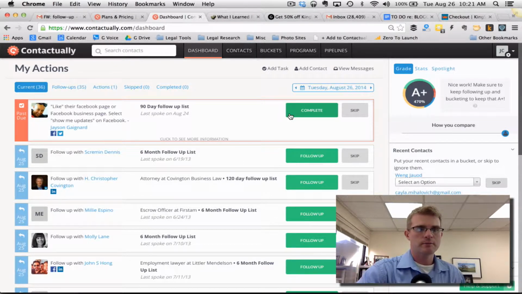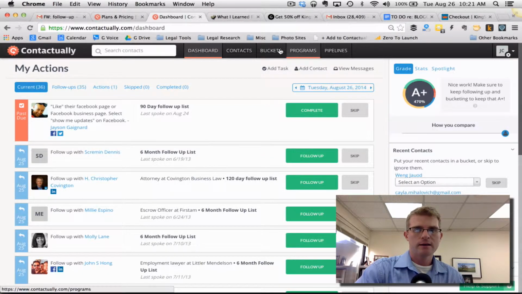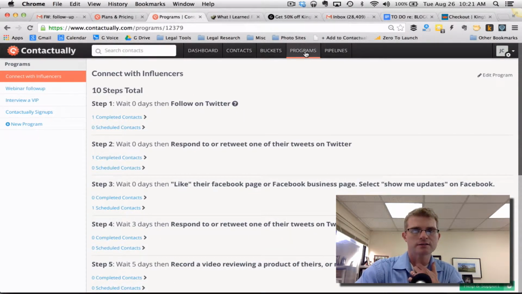So you're looking inside my Contactually dashboard here, and if you go along the top toolbar and click over to Programs, this is an incredibly powerful feature that is offered in some of the different plans that they have in Contactually. And I'm just going to show you one program here. It's really flexible, but basically it's a sequence of events and activities that you would use in developing a relationship